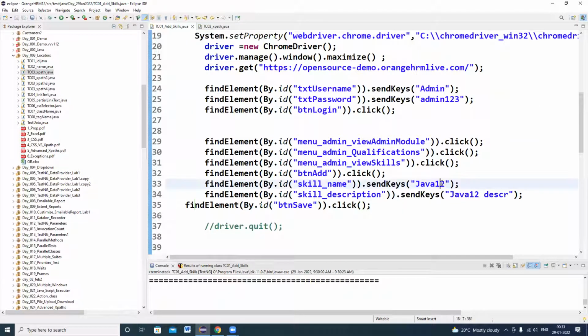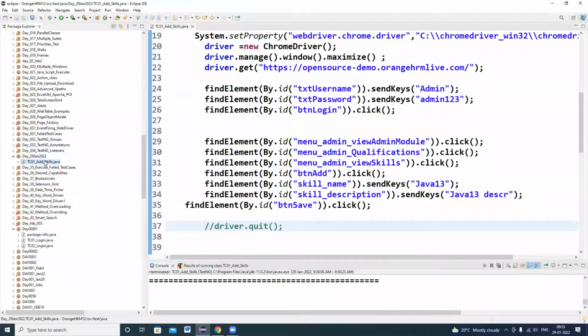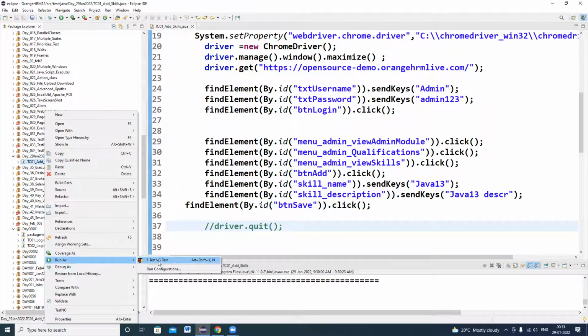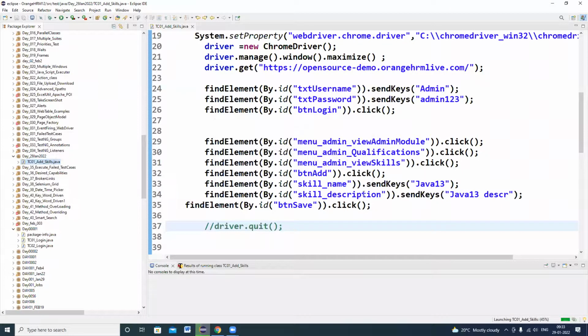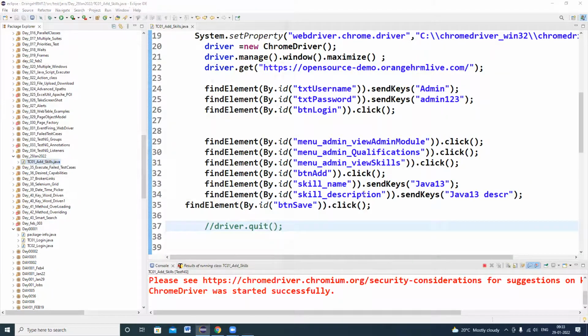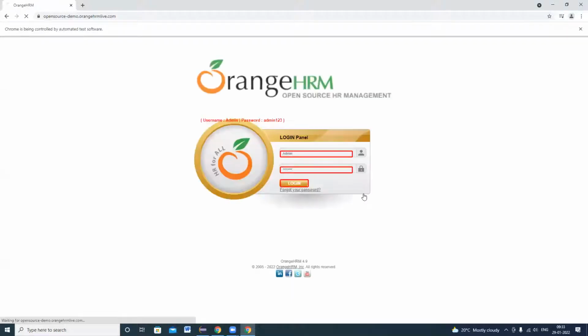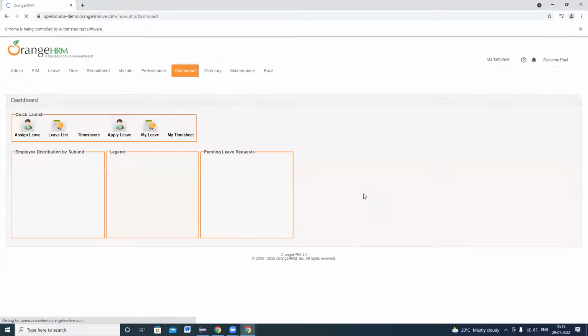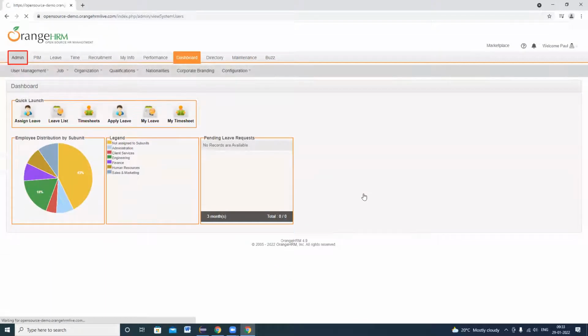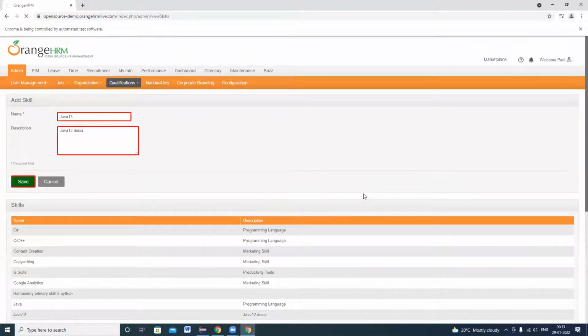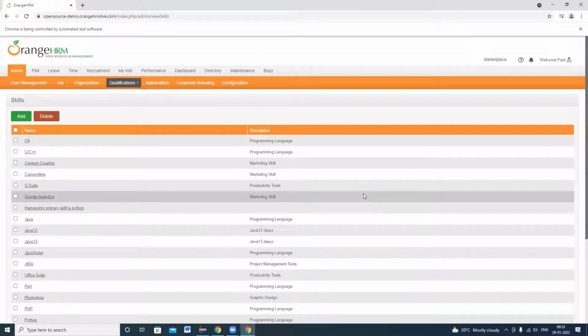So with the new set of input data, I'm changing my input data to 3, and I'm clicking on save. So this time, if I execute my program, right click, run as TestNG test. My web element borders will be highlighted in red color, so that I can easily understand which line of code is executing in the background. Okay, right. So you are easily understanding.